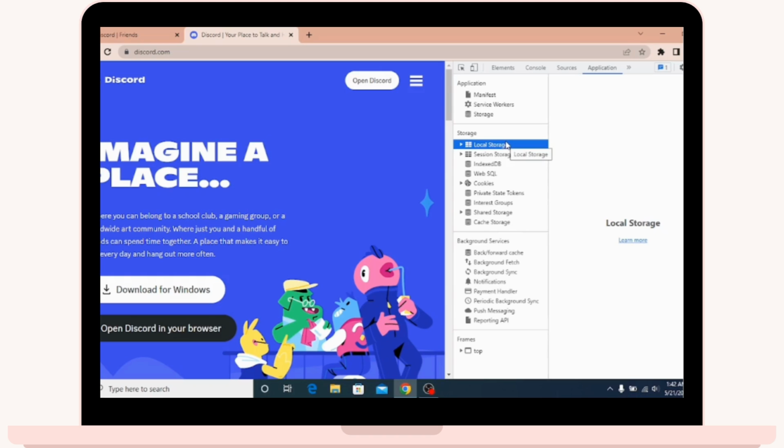By clicking on the local storage option over here, the link of Discord token will be displayed in your interface over here, and from there you have to copy the link of the Discord token, and after copying the link of it, you have to go to the new tab,